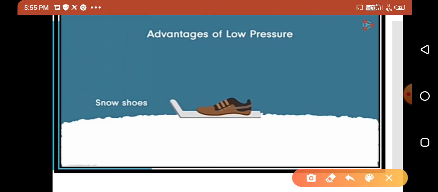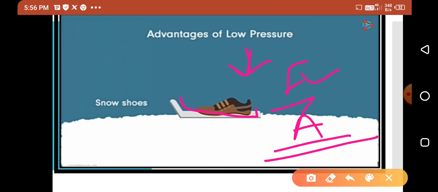As the area of contact is more, the pressure is reduced, because pressure is nothing but force upon area. The force is the weight of the man standing on the wooden plank, and as the force is applied over a larger area, the pressure decreases.